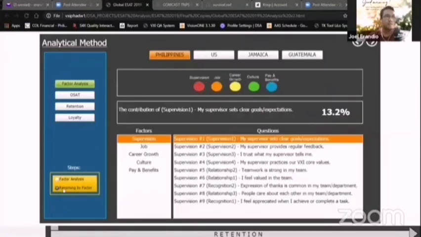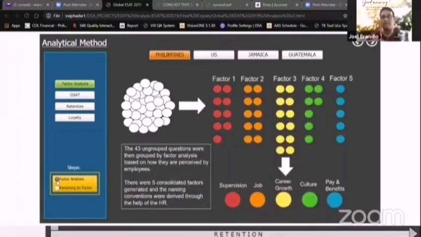So each of the factors has a corresponding result from the factor analysis that measures the importance of each of the questions towards a specific factor. So gaano kalaki yung contribution ng isang question dun sa overall category or factor, something like that. Okay? And then after you apply the factor analysis, now that we have these loads or weights, so we can